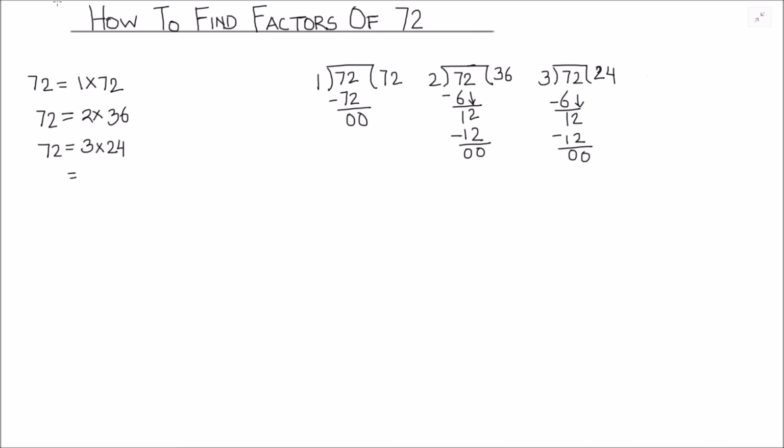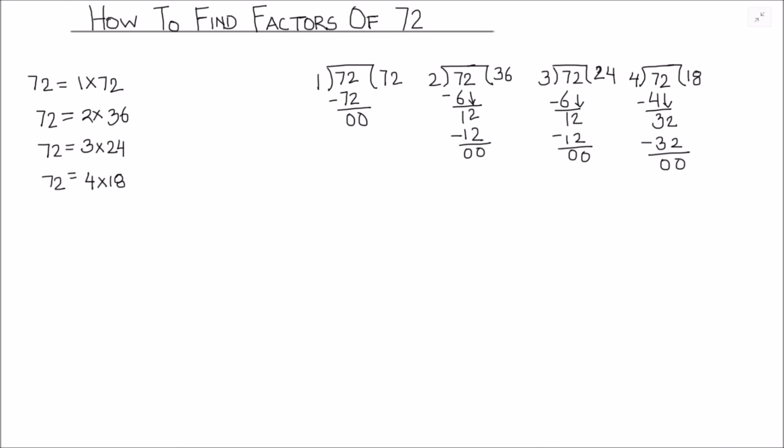Next we'll divide 72 by number 4. So 4 times 1 is 4 and we got 3 as the remainder. Then we'll drop down 2 and 4 times 8 is 32. So 32 minus 32 is 0. So 4 is also a factor of 72. So we got two factors as 4 and 18. So 72 is equal to 4 times 18.